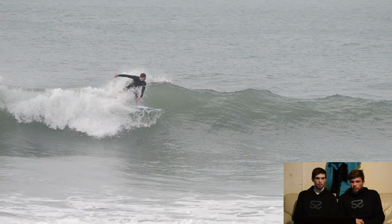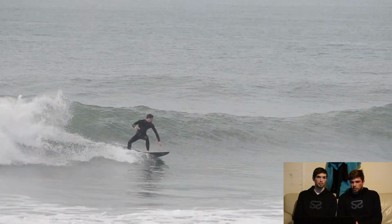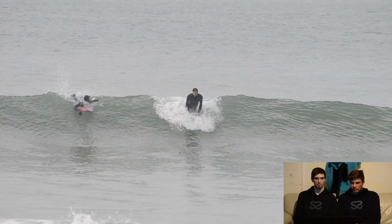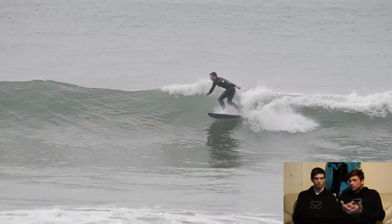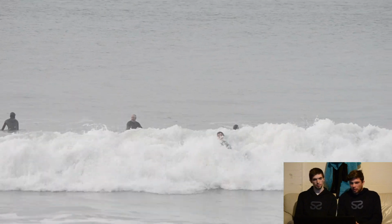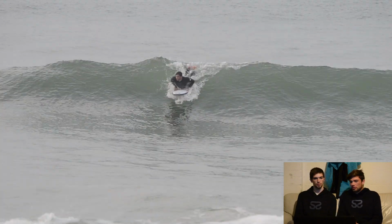Anyway, then going into another left. No foot slipping here, is it? And then got a little cutback type thing away, but yeah, it didn't really go. Effortlessly paddled into again, just paddled in. And then, yeah, unfortunate with the turn. Bad technique, bad surfing, but